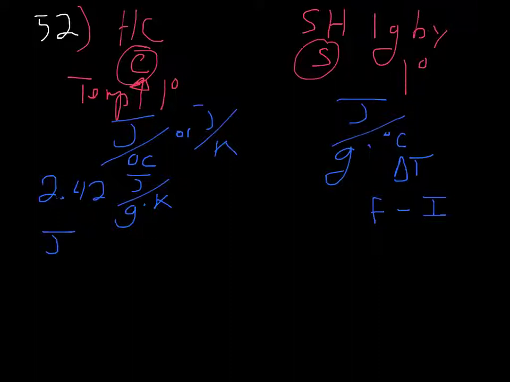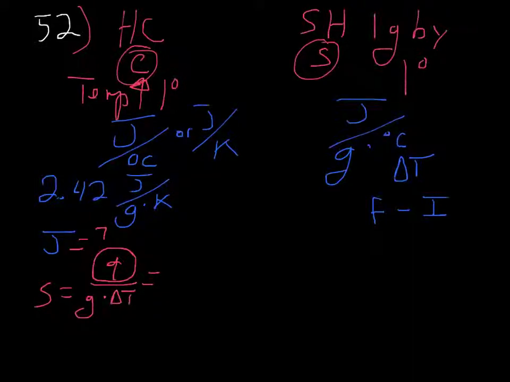Our formula that we're going to use here is S equals Q divided by G times the change of temperature. Keep in mind though that we are actually looking for our joules, so we're going to look for Q, or the heat that is given off. So if we rearrange this equation,